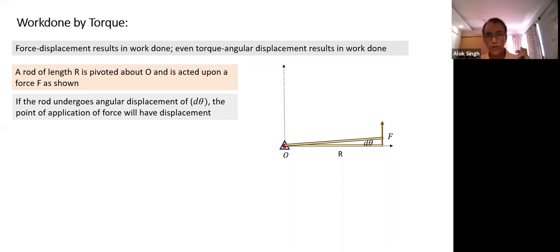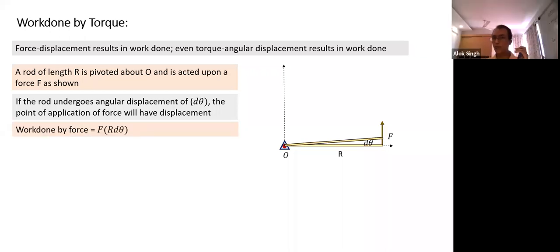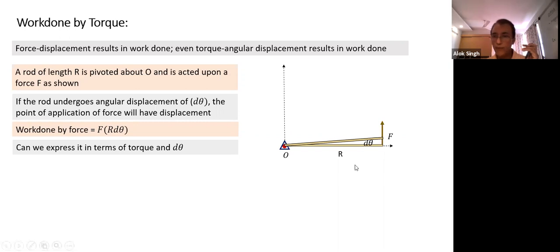This is displacement, angular displacement. F into R d theta. Work done will equal F into displacement at the point of application. This displacement will equal R d theta, so work done is F into R d theta. I am not writing any radial component. Why? Even if a radial component is acting, it would not have done any work, so I am ignoring it and only writing the tangential component.